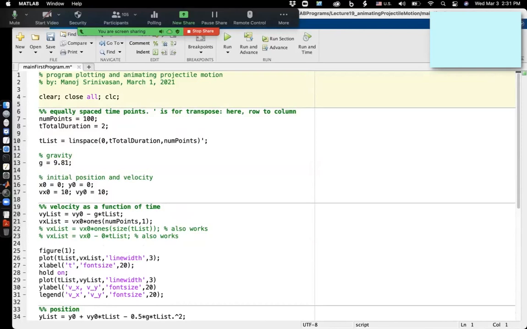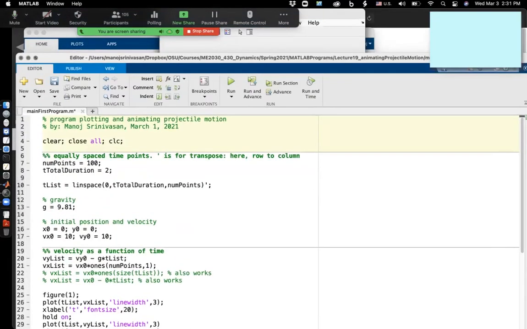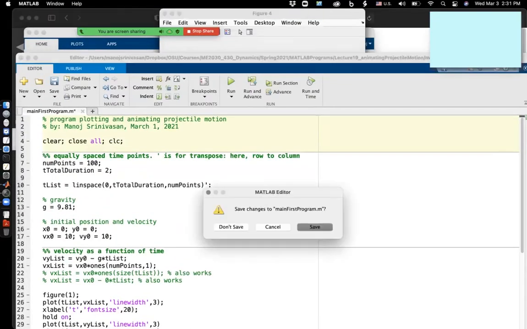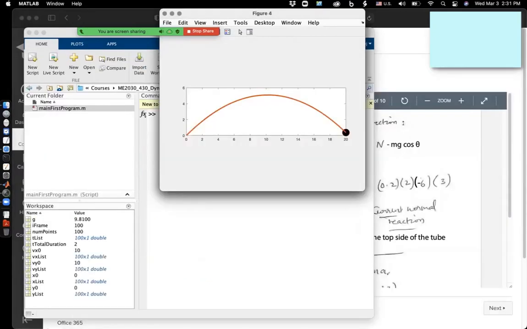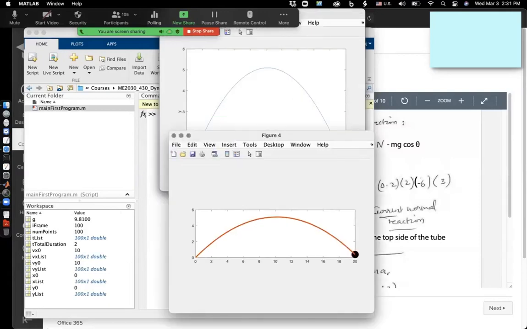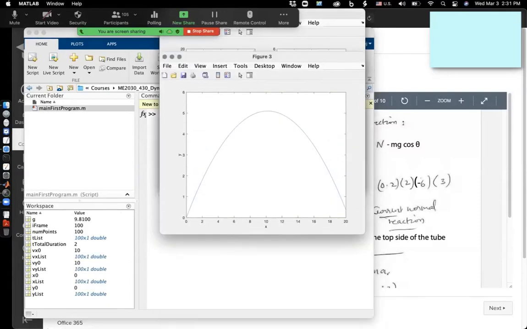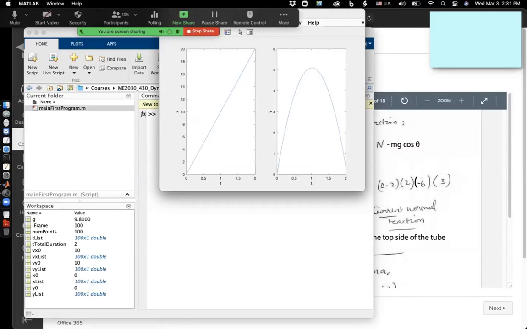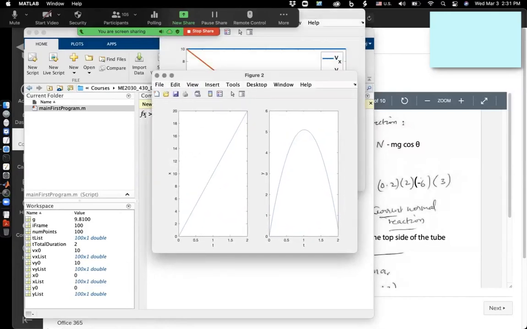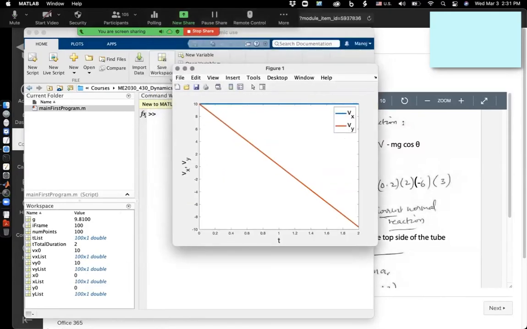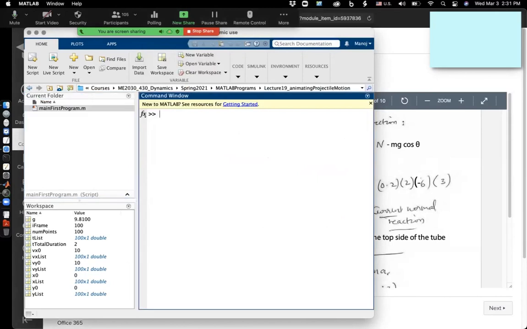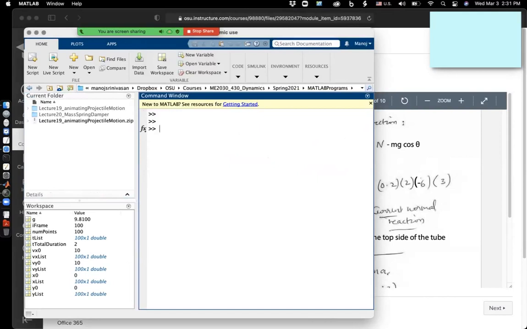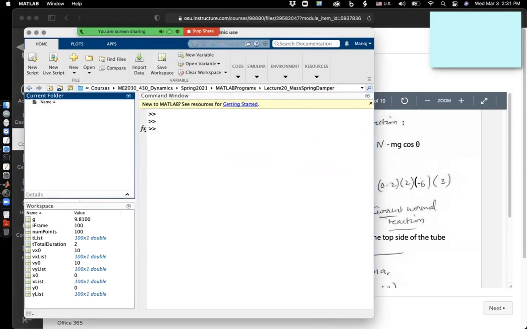Okay. Let me close this thing. Save. I suppose I should have kept my iPad on, unfortunately. Okay. Let me just open a new file and I shall do the equations on